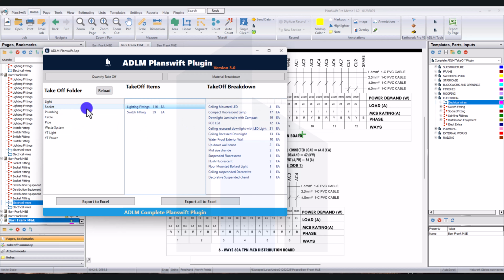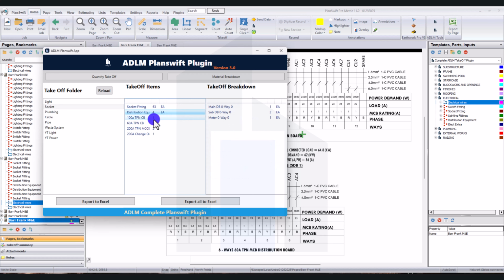Check out sockets also. All of your sockets are also here. Then the distribution boards and all of that are all here. You see your socket fittings, you have the gangs, the TVs, cooker control unit, your distribution equipment also. You have your main distribution board, sub distribution board, and all of that. So under cable here,